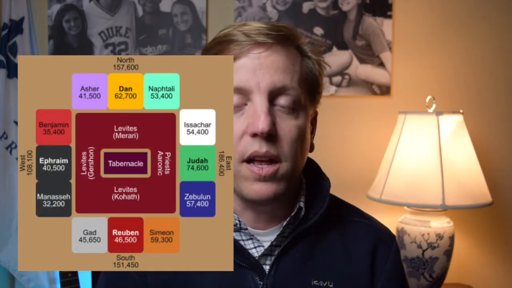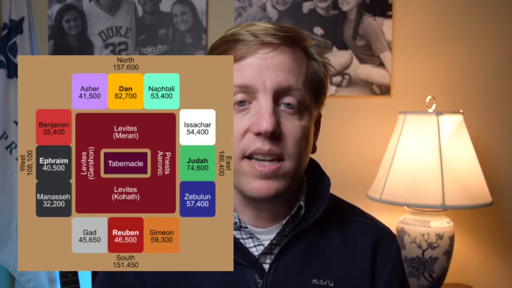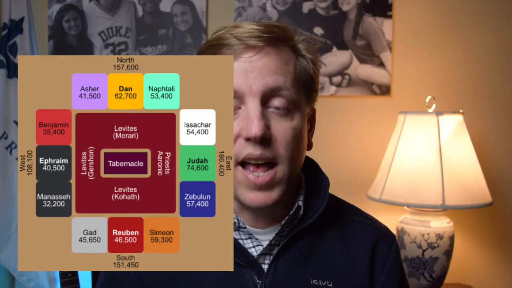And I'm going to put on the screen now just a quick little diagram of what this would have looked like, because I want you to be able to see how the Lord arranged His people, how they would march. This is how they would march, and also how they would camp as they traveled through the wilderness and toward the Promised Land. So as you can see, they're arranged in a little bit of a circle with the tabernacle in the middle, the Levites around the tabernacle on all four sides, and then three tribes to each side.